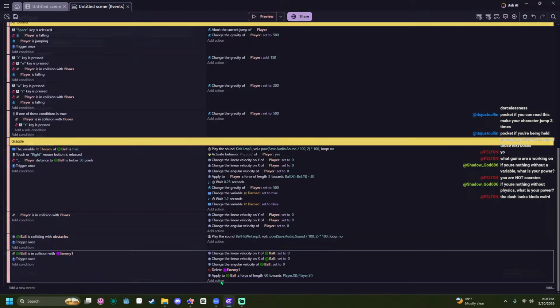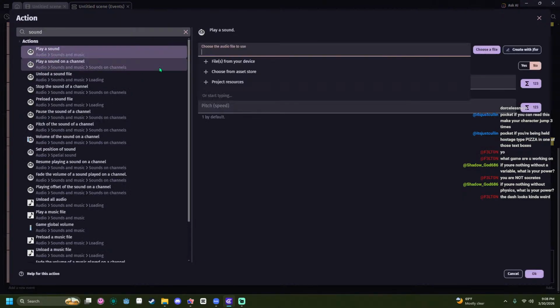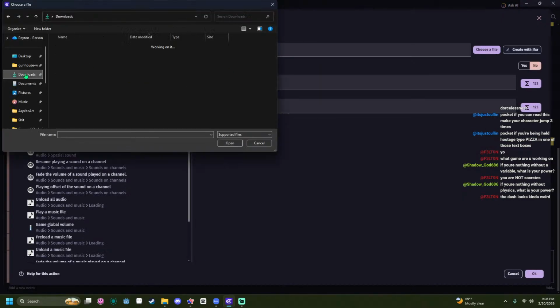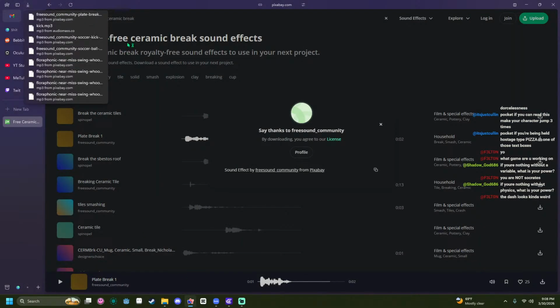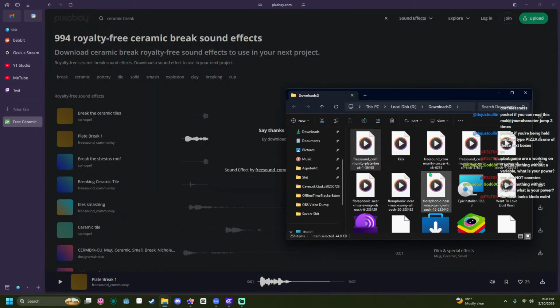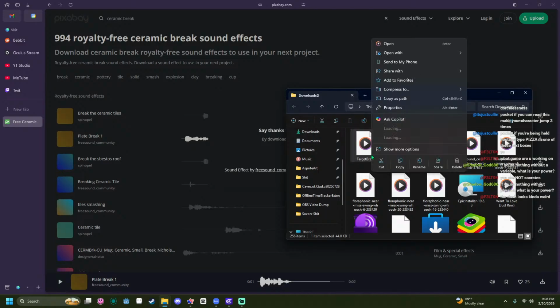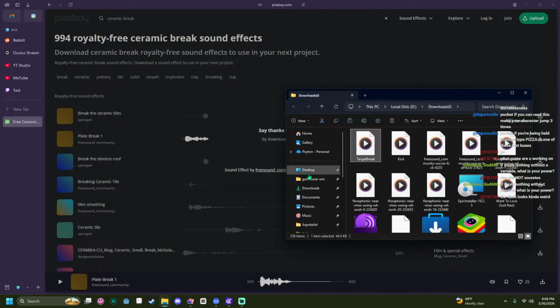So in collision, play a sound from my device. Wait, hang on. Rename it to target break. Move it. Or copy it.